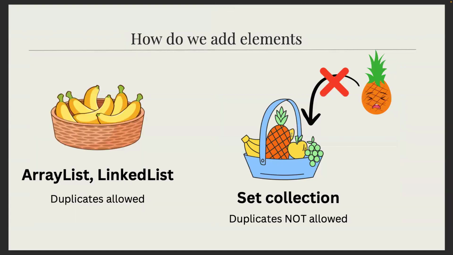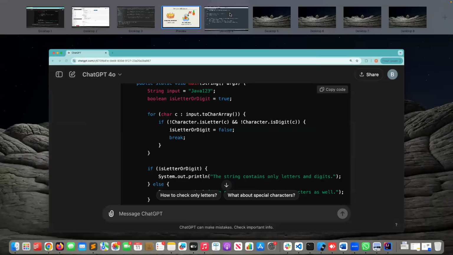Okay, so how do we add elements to the set? Now, you know, array list or linked list allows duplicate elements. So you can put all bananas into the same basket, right? This is array list. 1, 2, 3, 4, 5, 6 bananas we have inside this array list. So this is essentially doing